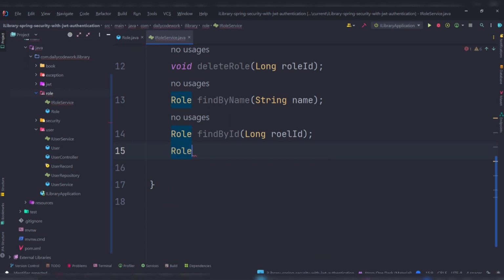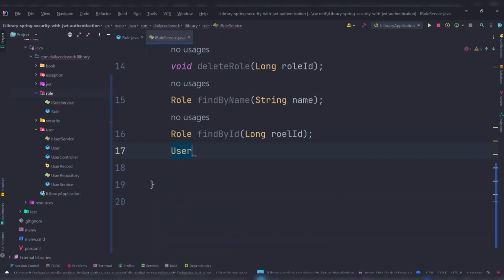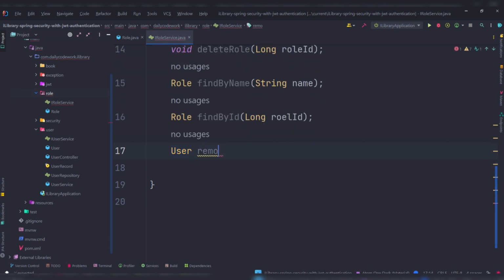So the next one we're going to create is a method that will actually remove a user from a row, right? This one here, I want this one to return the user, so that after the user has been removed from the row, I want to see the user back to confirm that the user has actually been removed. So this one we're going to call remove user from